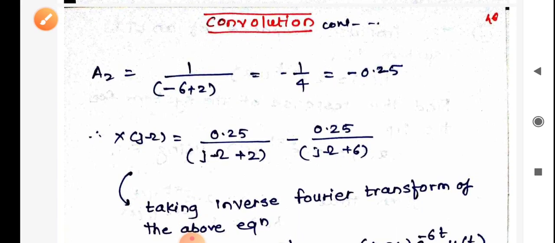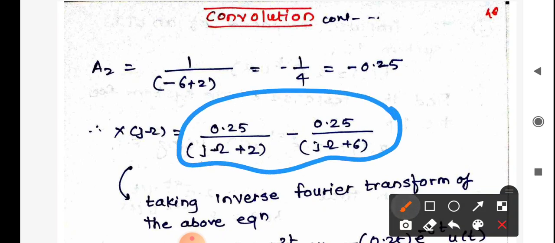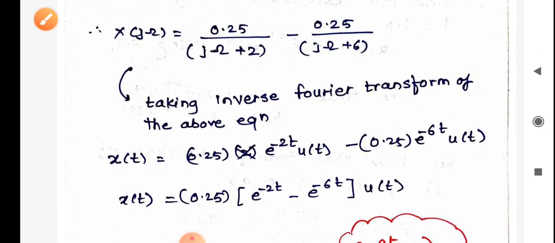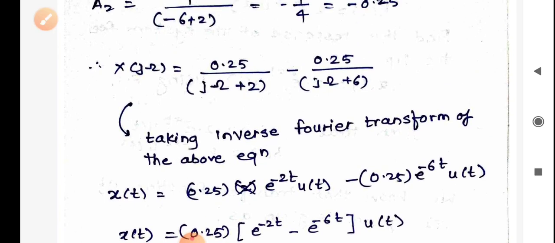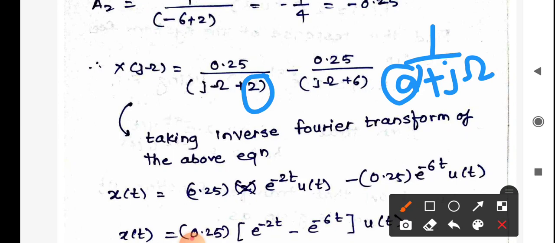I can easily see now that the inverse Fourier transform of this is easily obtained. How come? See, I can very well take out this 0.25 and I can write it as j omega plus 2, right? So it resembles 1 upon a plus j omega. What is the value of a now? A's value is 2. If I take this 0.25 aside, now this particular thing resembles 1 upon 6 plus j omega. Here the value of a is 6, here the value of a is 2.